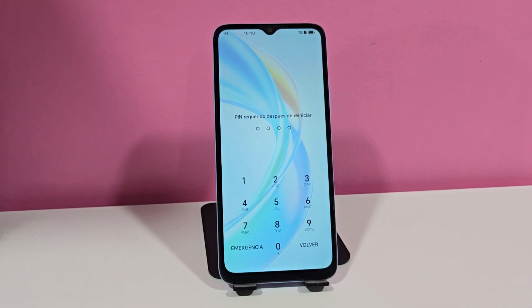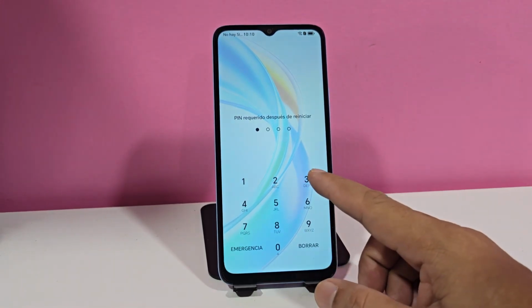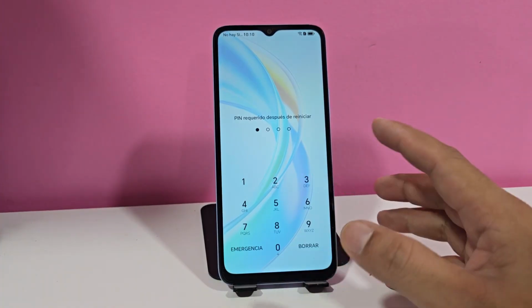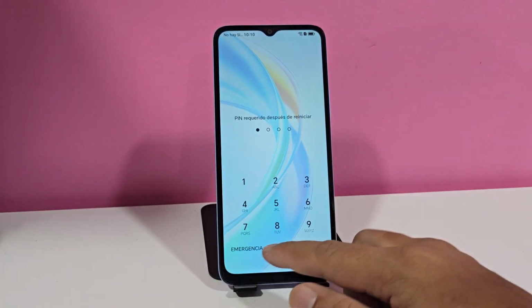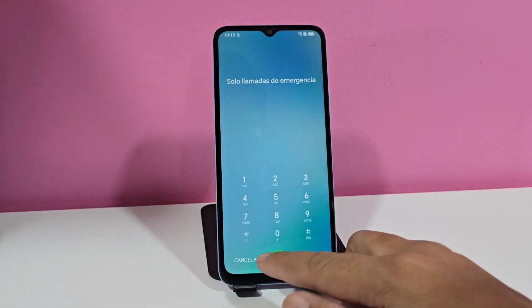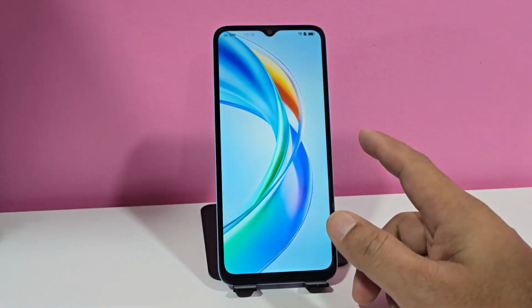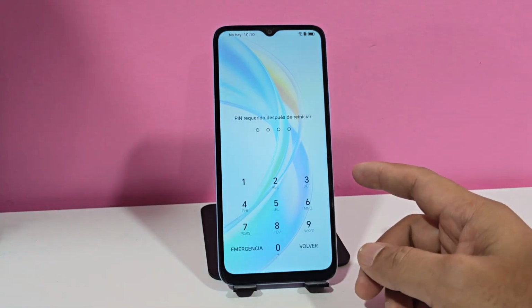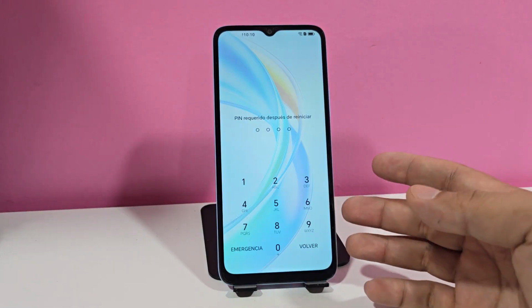How to fix my cell phone not formatting, not entering recovery mode. Not giving a wipe data option? We'll be fixing this in this video tutorial. If your device won't enter recovery mode and won't format,